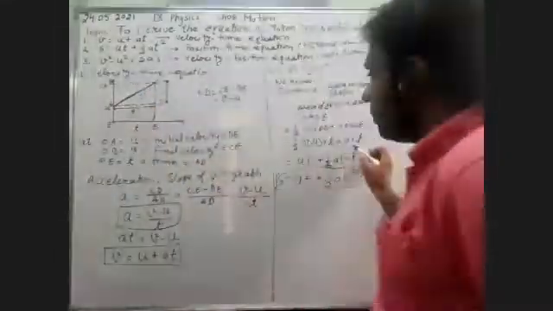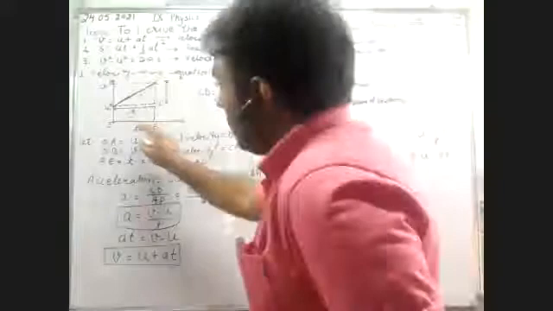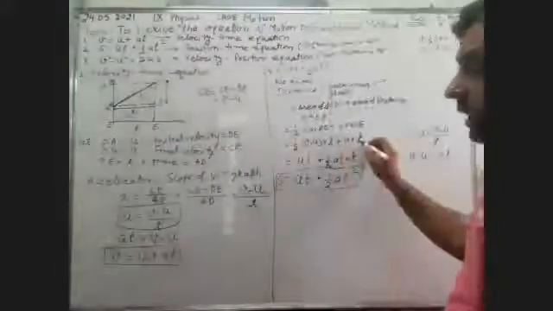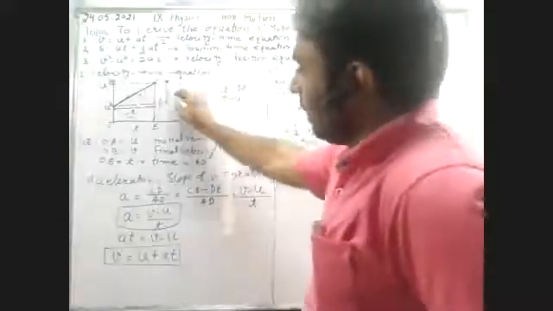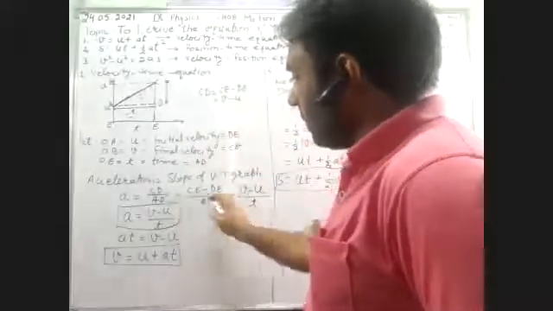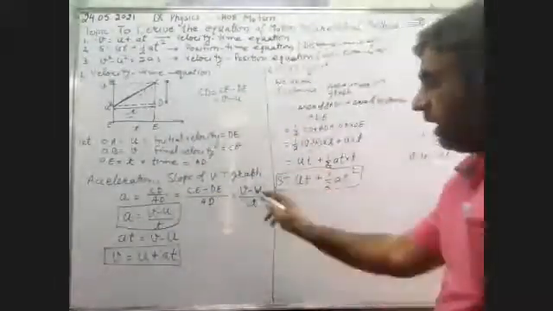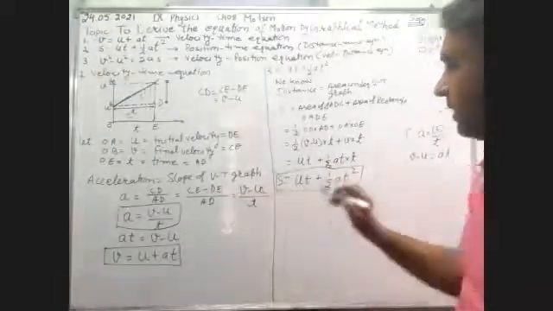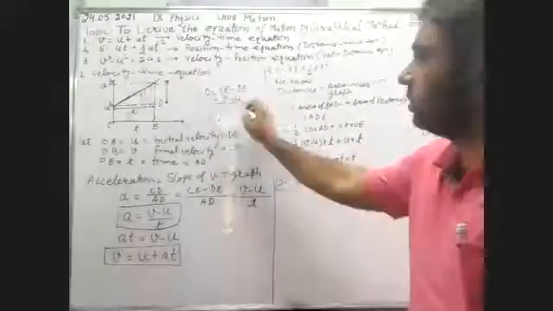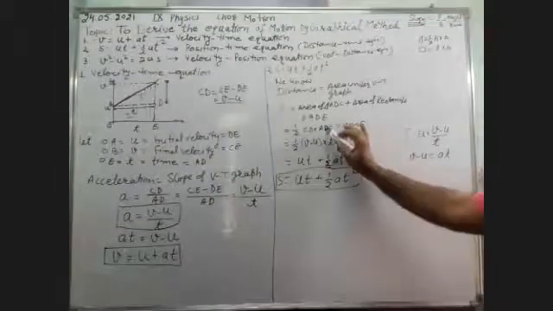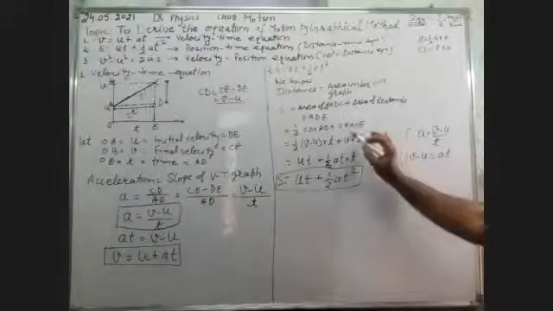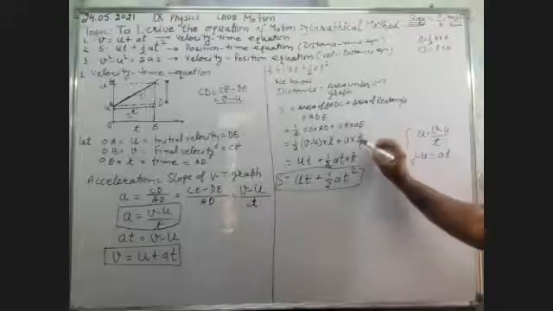So what is the breadth? OA, U. What is OE? OE is equal to T. Put all these values. So what is CD? CD, we have already calculated here, is CE minus DE. And what is CE minus DE? V minus U. So we will use this relation. CD is V minus U, AD is T, OA is U, and OE is T.